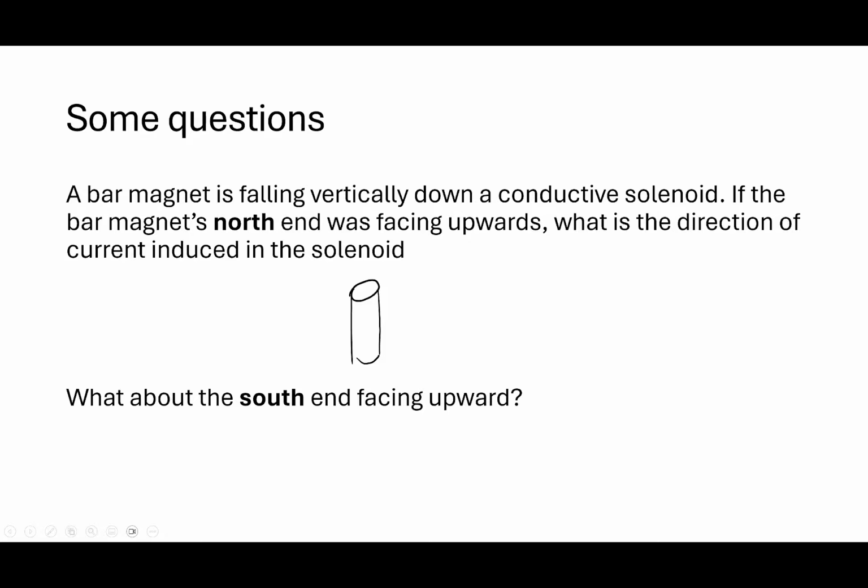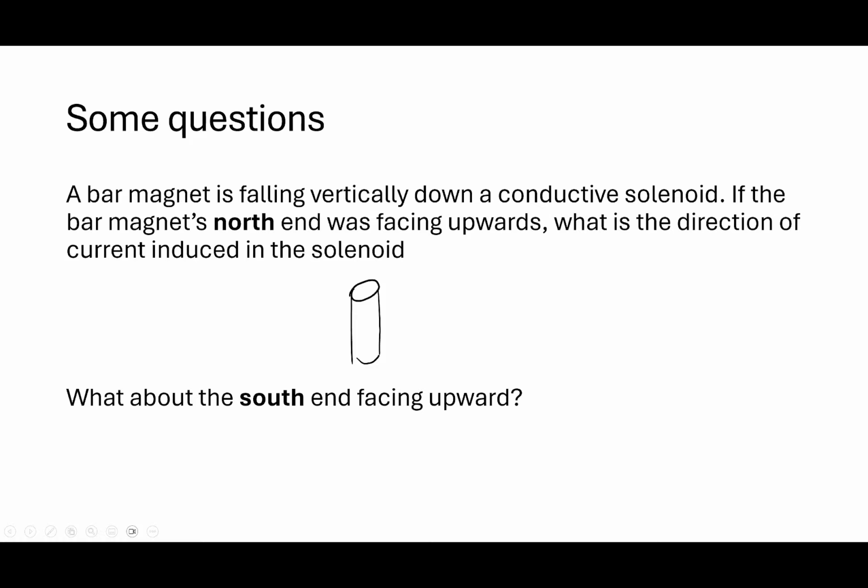And with the south end, it's the same logic. So south end going down, there's an increase in south flux. Magnetic field was from north to south. Yeah. But with a bar magnet, because the north end is up on top and south end is on bottom,